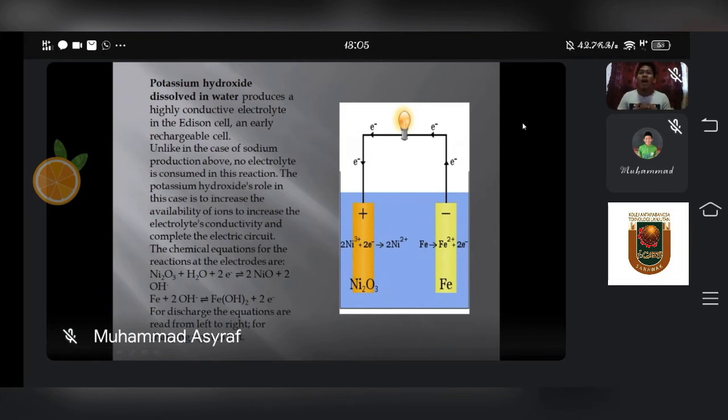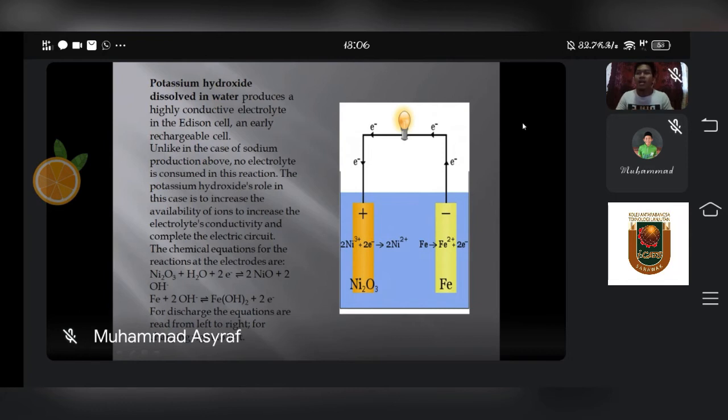The potassium hydroxide's role in this case is to increase the availability of ions, to increase the electrolyte's conductivity and complete the electric circuit. The chemical equation for the reaction at the